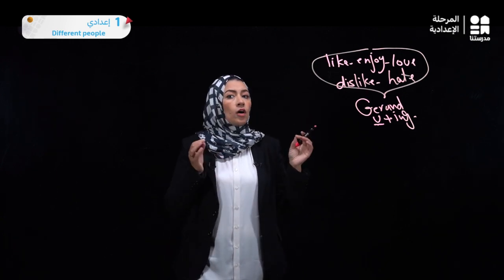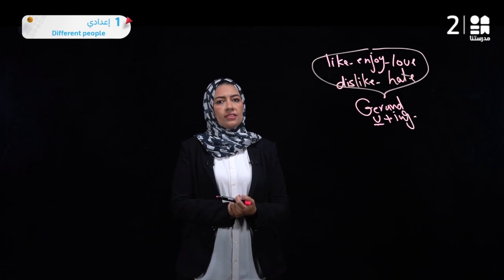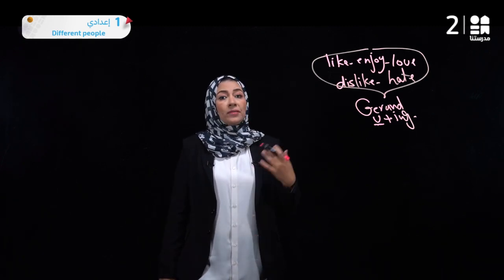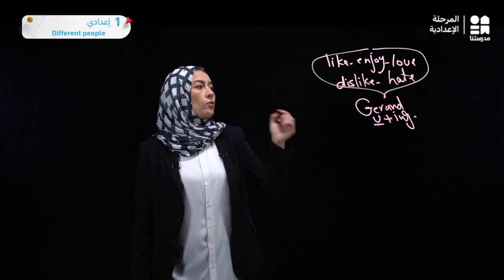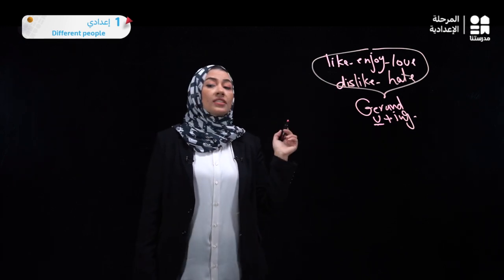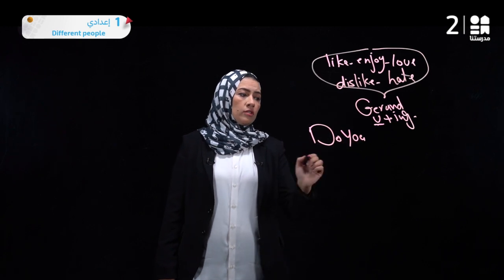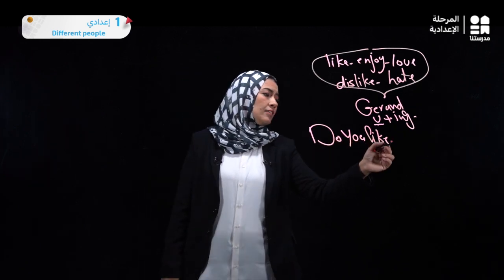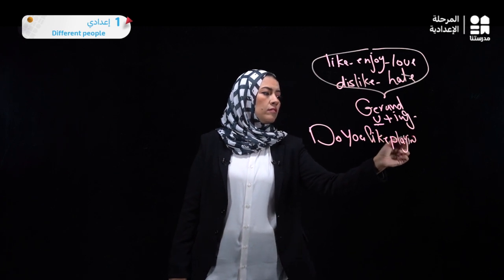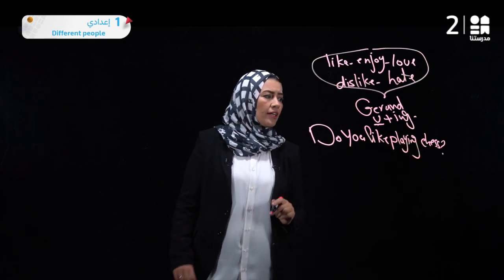After this important point, let's start by asking someone about his hobbies or his interests. If I want to ask someone, أنت بتحب لعبة إيه؟ First, I have to use the auxiliary do or does. يعني if I want to ask someone about his interests, I'm going to start with the auxiliary do. Then the subject, do you like, and I have to put the verb in the gerund زي ما اتفقنا. Do you like playing chess? تمام؟